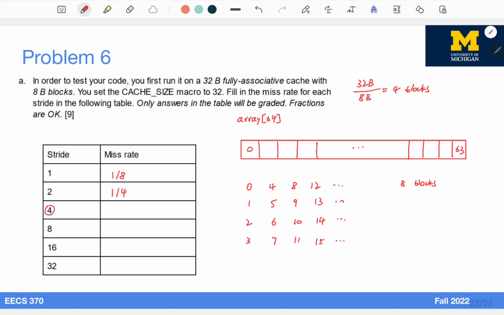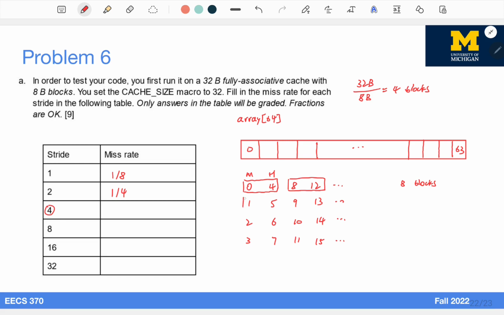And also, you can notice that every 2 contiguous accesses are within the same block. Therefore, on a first access to this block, we will have a cache miss, and next we will have a cache hit. And for a similar reason as stride equals 2, after every inner iteration we go back to